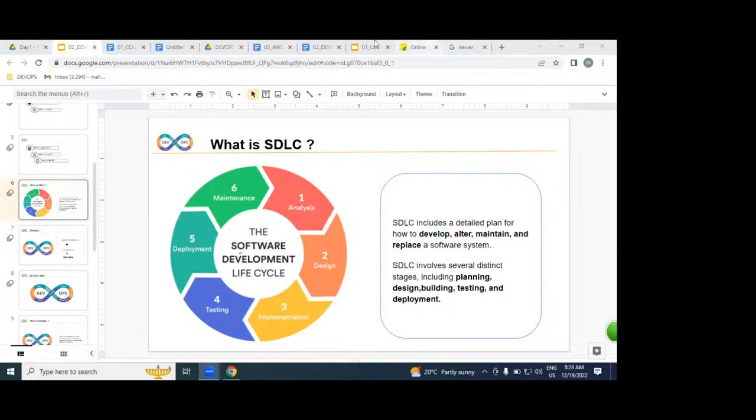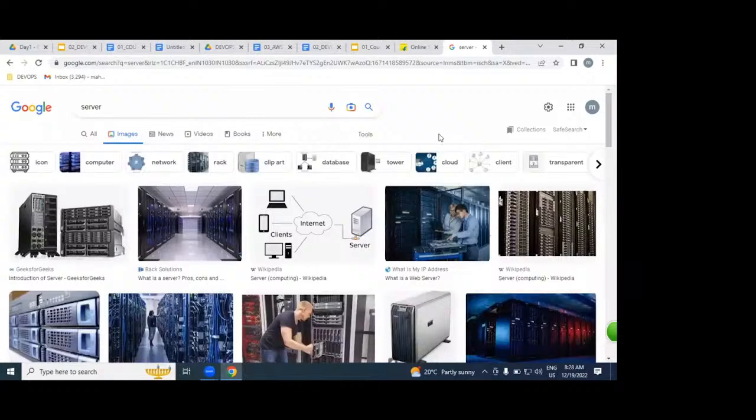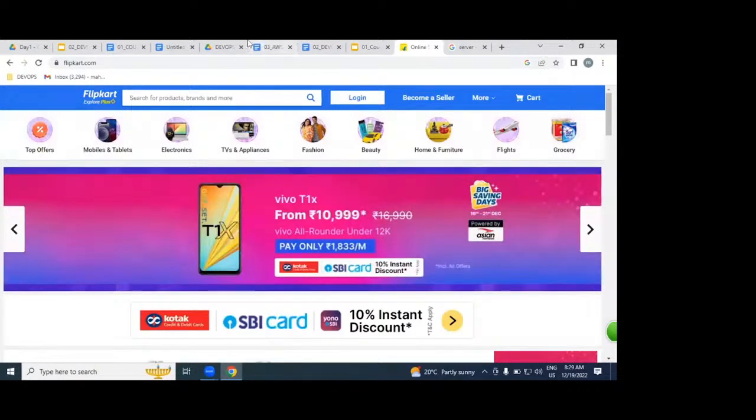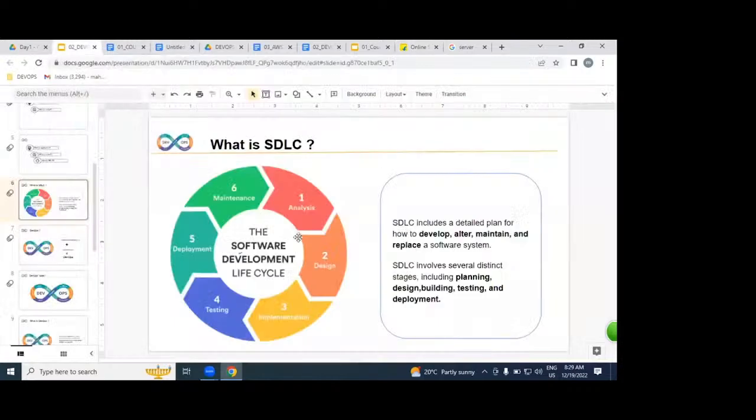The software we are going to place on server side. Then we are going to access it as what? Application. Understood very clearly. In SDLC, we have several stages and several phases.